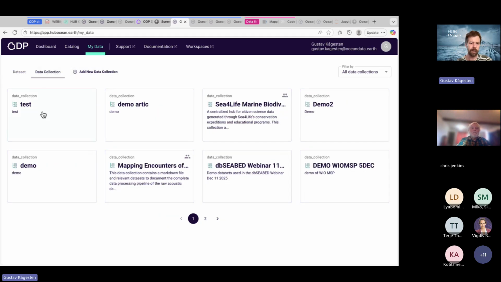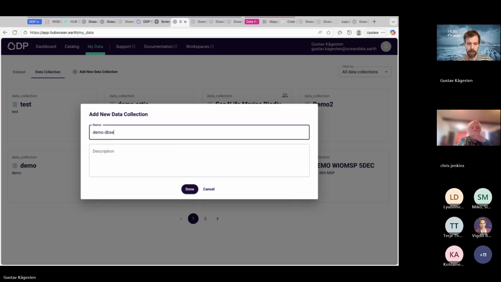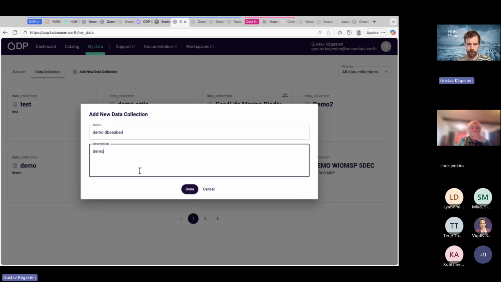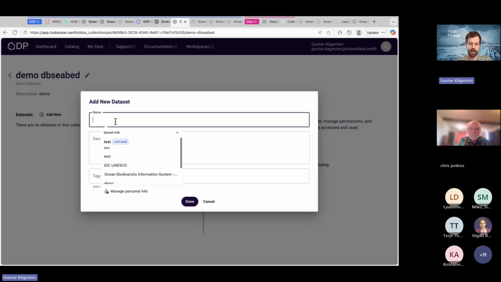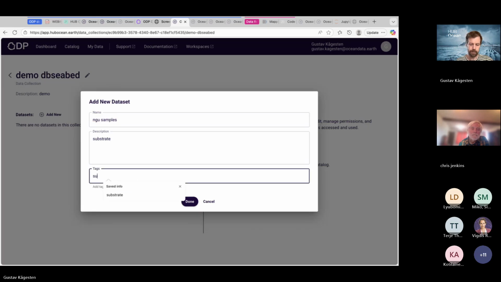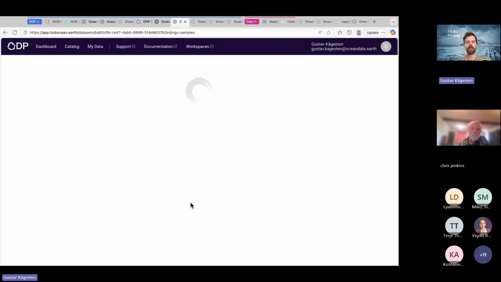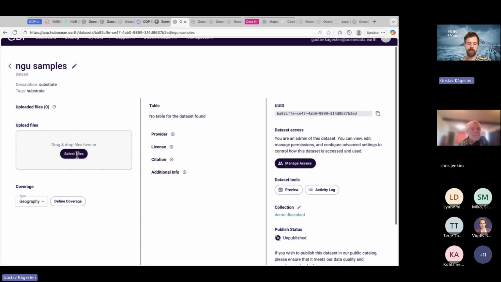So you can create a collection. We can do that now. Perhaps you give it a name. You can provide some metadata if you want, and then we can add a data set. Like that. So now we have created a data set landing page. From here you can add metadata if you want to spend the effort at this point.